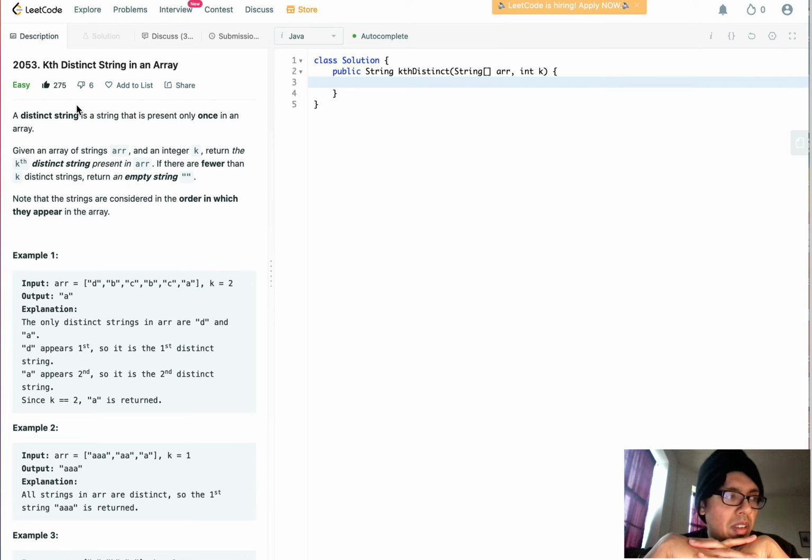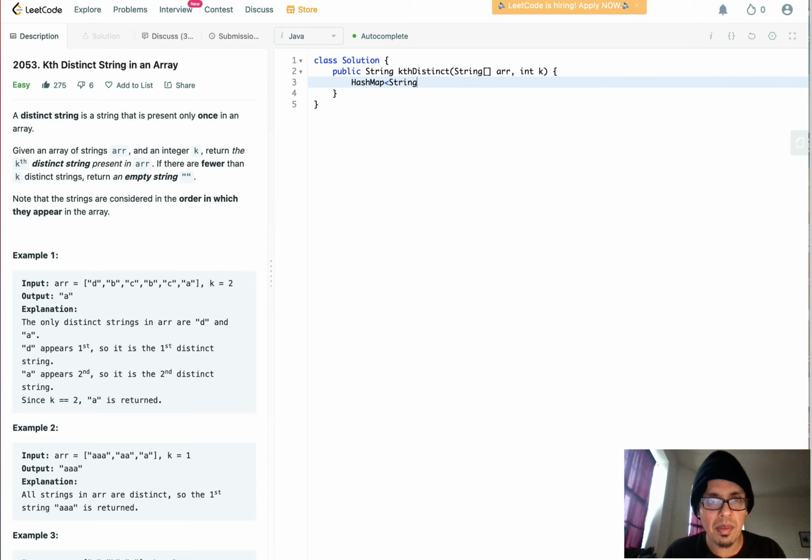Basically, we just count the number of the strings, and that should be easily counted for by a map data structure, or dictionary. And then we just go through the distinct strings and find out, based on our map, which one comes in what order, based on the parameter k, the kth distinct string. And if we don't get up to k distinct strings, we just return the empty string. So this is kind of like a little function that you'd find probably in an NPM library from years ago, but basically,